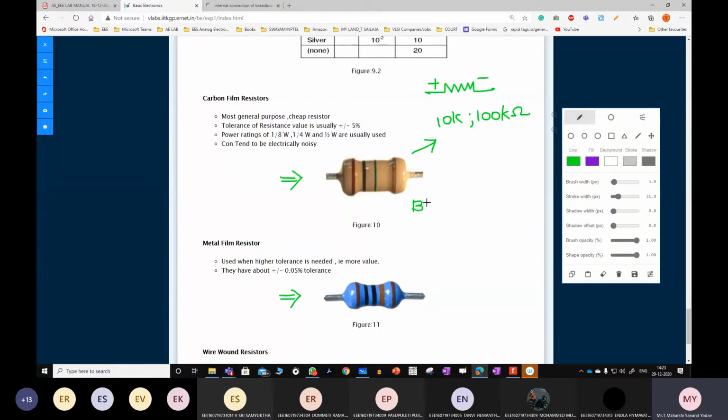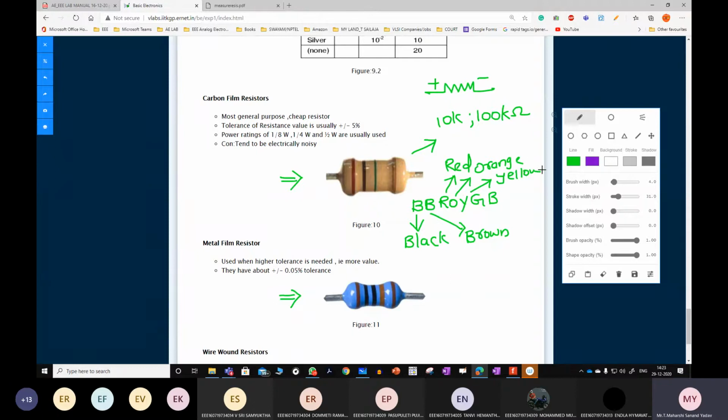First one, you remember like this: BB ROY. Here B stands for black. Next one is brown. R stands for red. O stands for orange. Y, yellow.